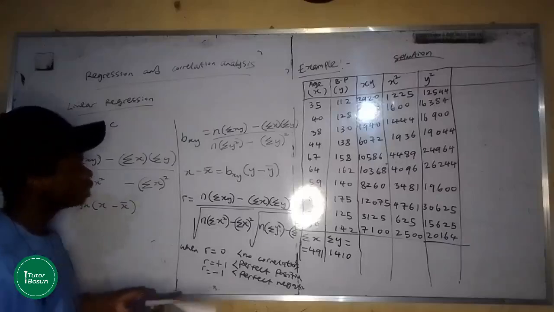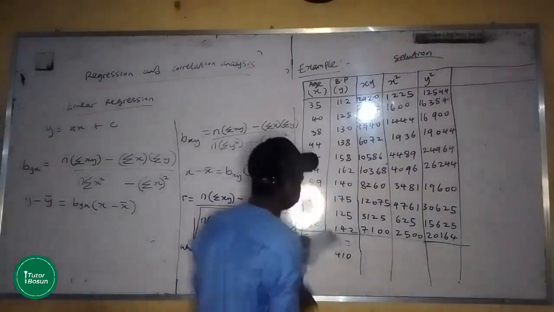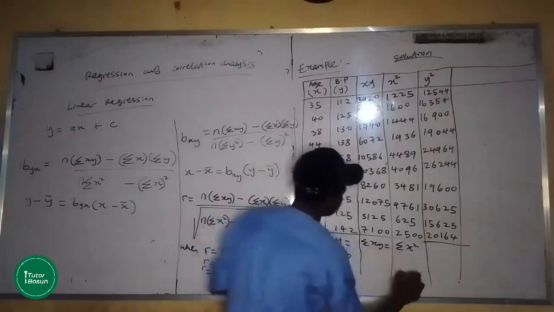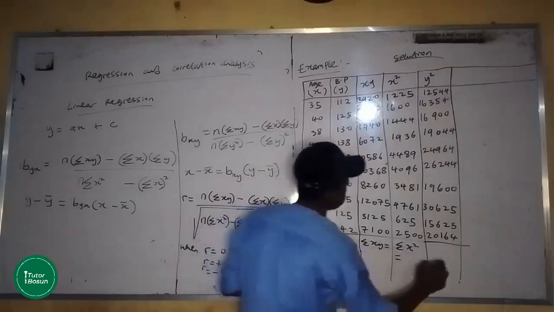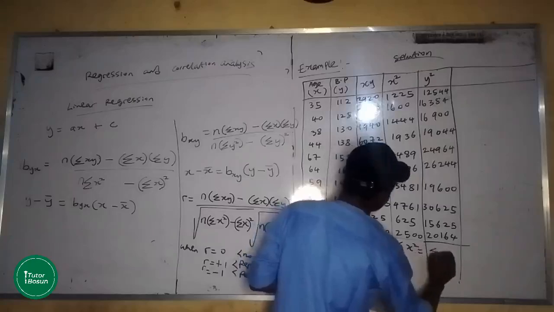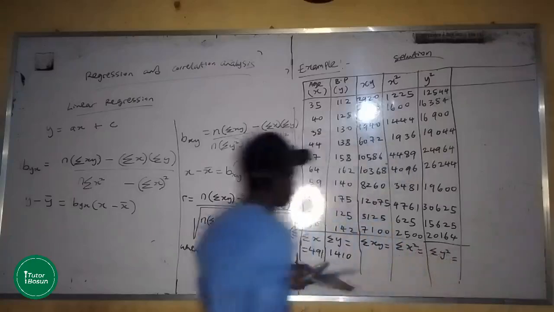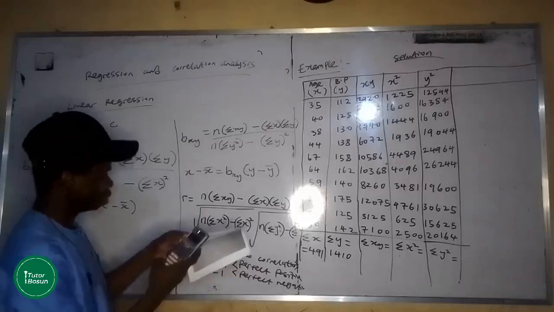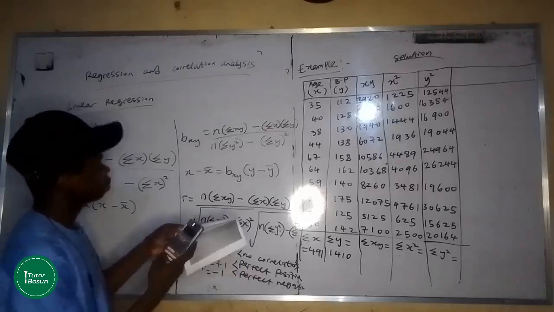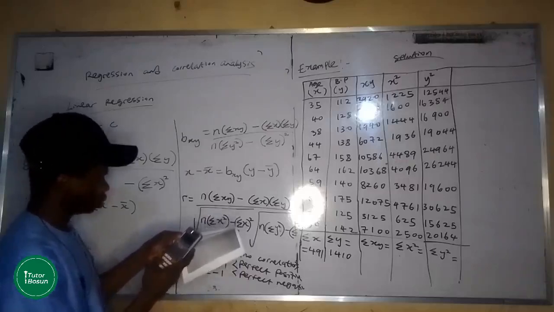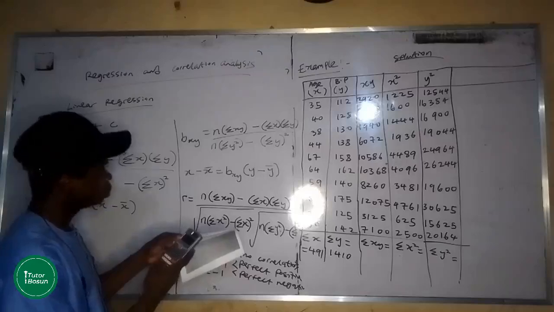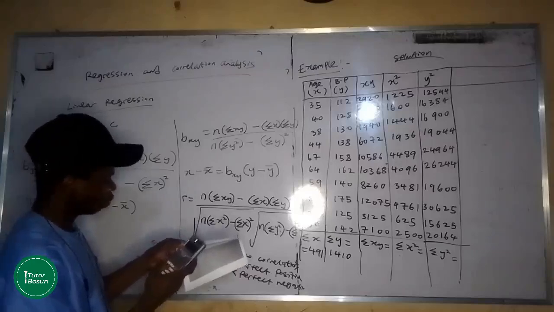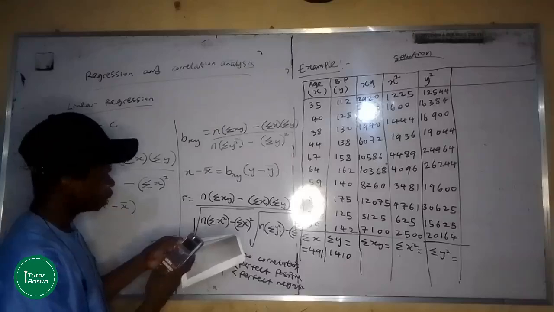So let's determine the summations: summation xy, summation x squared, and summation y squared. Let's add our xy's together. 3920 plus 5120 plus 4940 plus 6072 plus 10586